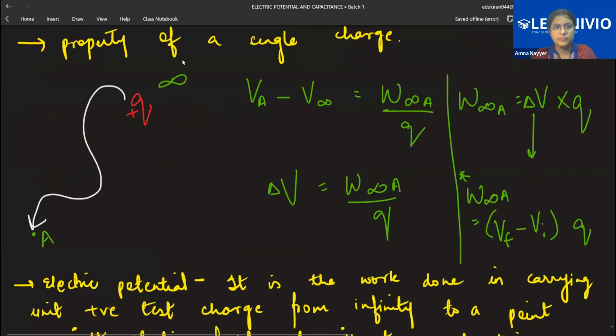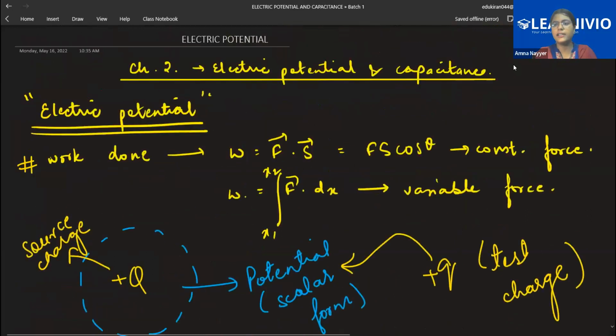Write it till here. Start writing. Taha, your net is fine. Taha, are you now able to hear? Taha? Yes, ma'am. It's better. Start writing. Taha, while writing, if you have any query, please